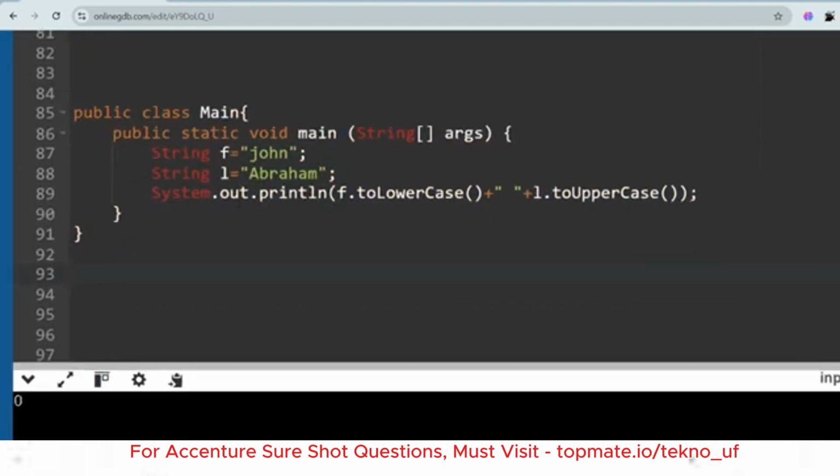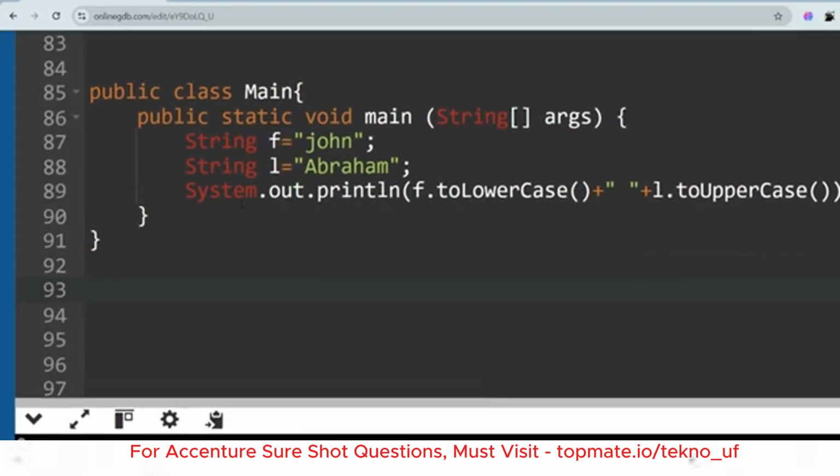So again, as you can see, I am just using the main method and I'm not writing any special method. Okay, so please write the method by yourself. At first, the first string is John and the last string is Abraham, and what we are doing